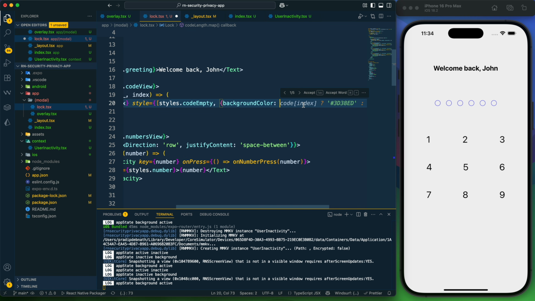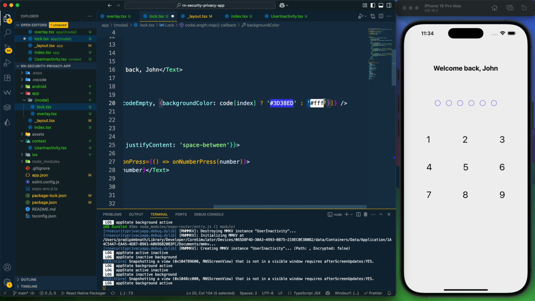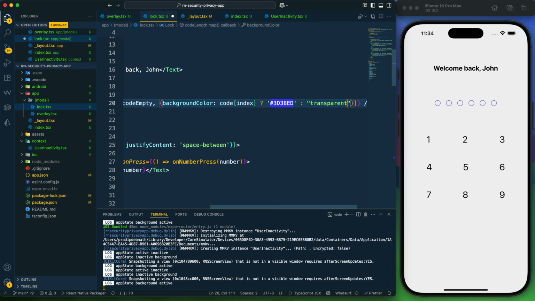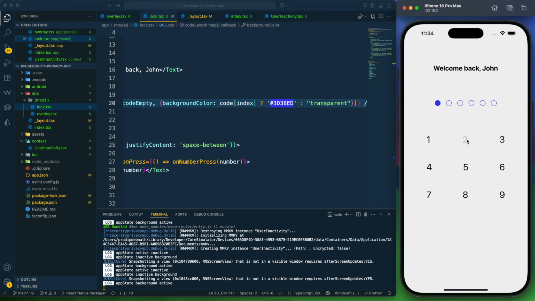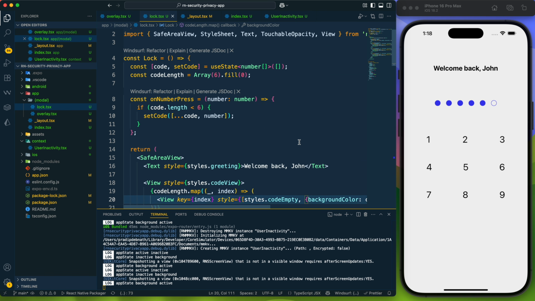If this code.index matches, then we will provide this color, otherwise we will provide nothing. So that would be transparent. So here you can see that this is how it is. Okay, and now along with it, while we are pressing this key, that time we can provide a haptic feedback